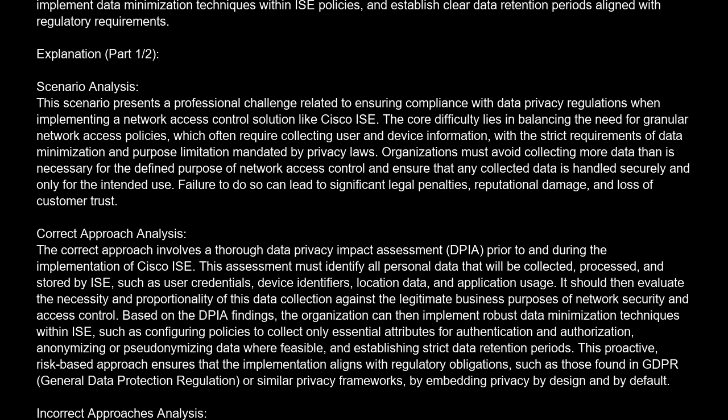Correct approach analysis. The correct approach involves a thorough data privacy impact assessment, DPIA, prior to and during the implementation of Cisco ISE. This assessment must identify all personal data that will be collected, processed, and stored by ISE, such as user credentials, device identifiers, location data, and application usage. It should then evaluate the necessity and proportionality of this data collection against the legitimate business purposes of network security